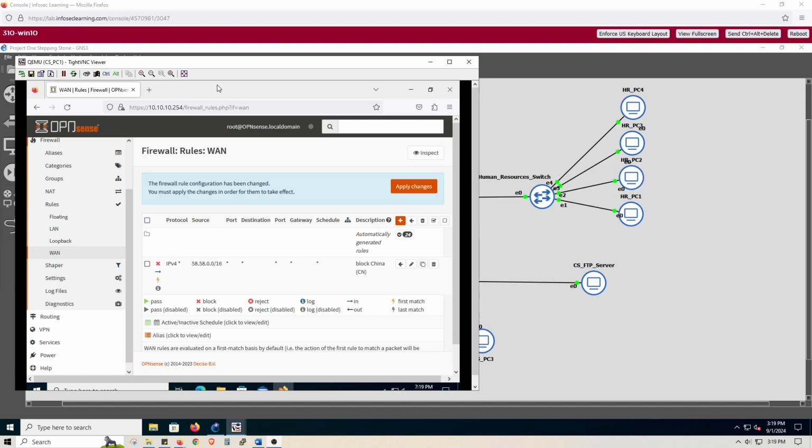So one of their network addresses or prefixes is 58.58.0.0/16, and so I made a block rule for that really quick, put it on the WAN interface, and said basically any IPv4 traffic from 58.58/16 to anything inbound, let's block it. And that's indicated by this block rule right here, right? So the way ACLs work is if this is the first rule, that's the first thing. If traffic from China from that network comes in, it will get blocked,